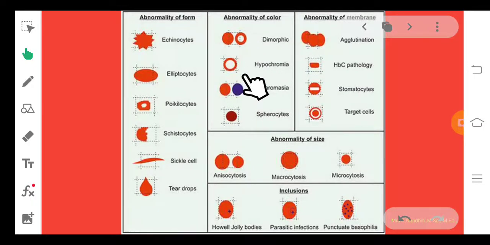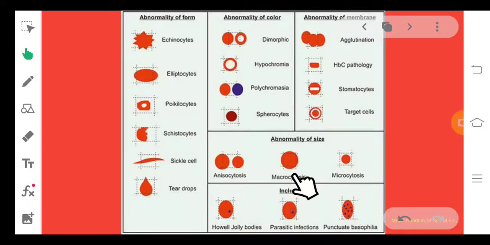Dimorphic, hypochromia, polychromasia, spherocytes. Then abnormality of membrane: agglutination, HPC pathology, stomatocytes, target cells. Then abnormality depending upon size: